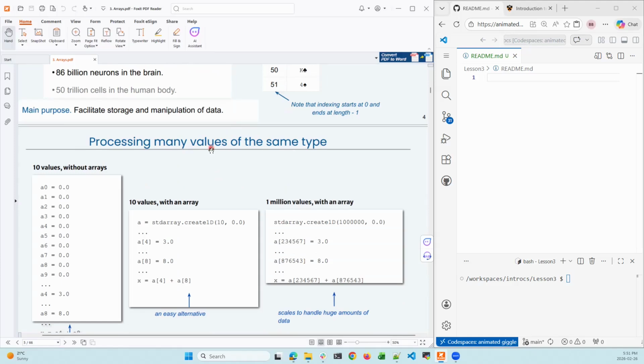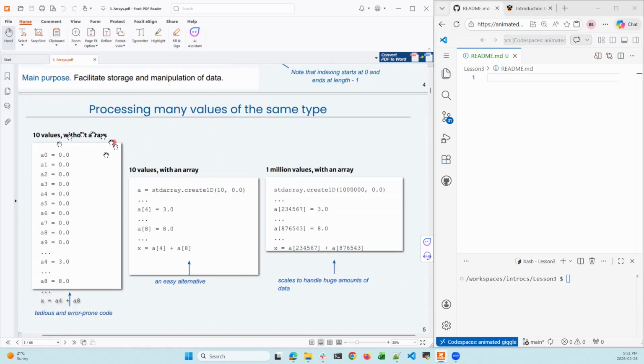So processing many values of the same type. Lists, just as a side note, allow you to store different types of data, ints, floats, and strings all at once. However, the more formal explanation of an array is that it should be of the same type. The benefit of having arrays is, imagine you have 8 initialized variables, for example, or further, and you want to initialize them all to 0. You have to copy and paste it many times to type it out, which is very, very tedious. You can easily do this by just using a standard array